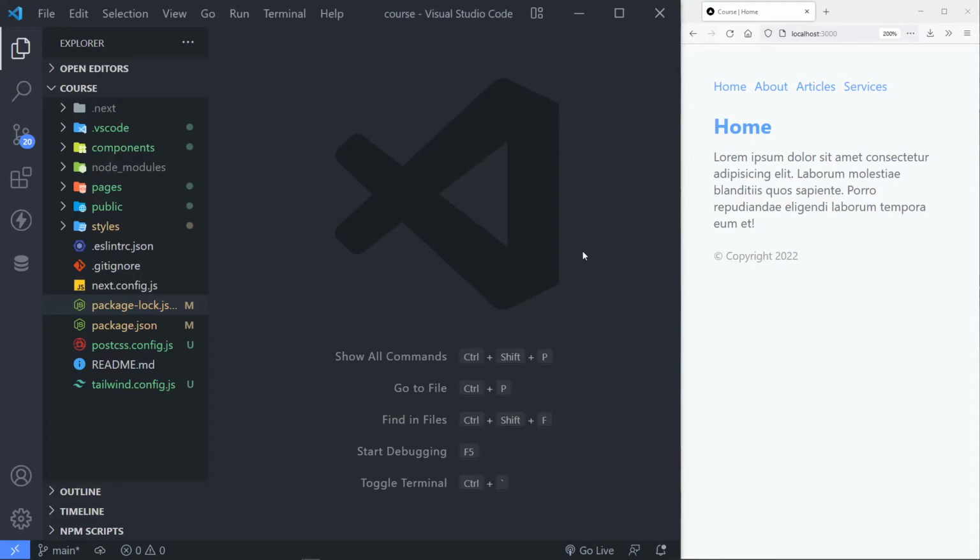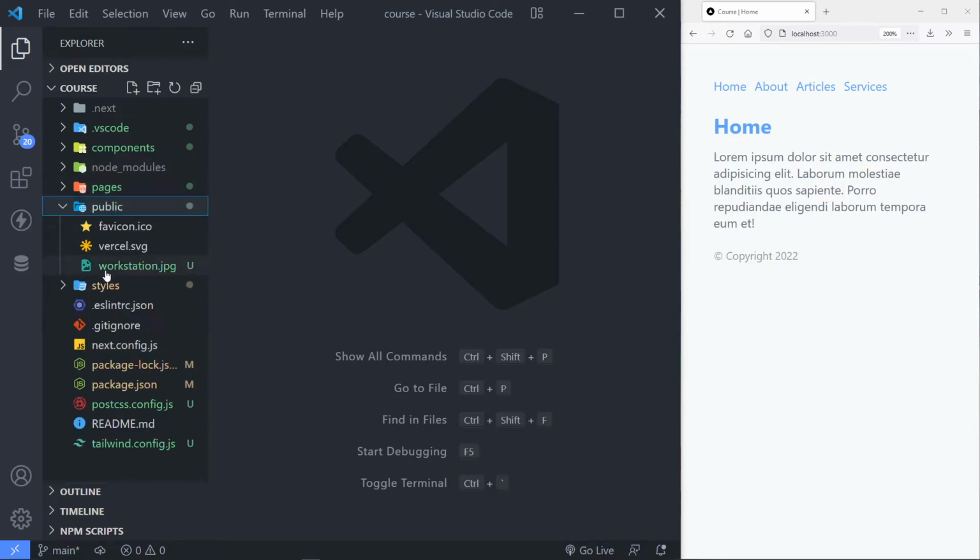So now we're going to deal with the image component in Next.js. Quite a powerful component, and it makes working with images quite a breeze in Next.js. So let's go to our public folder. I got an image here called